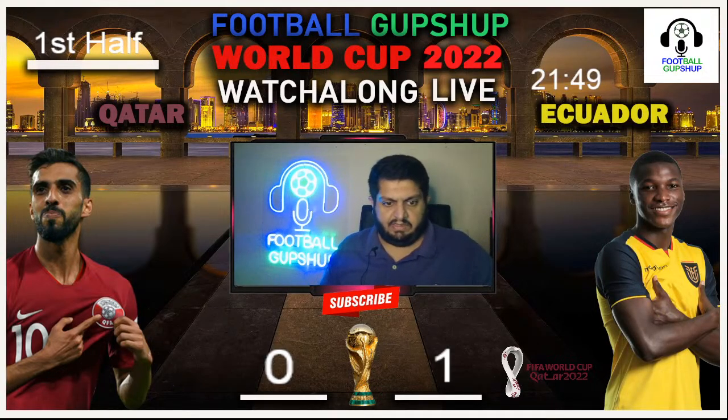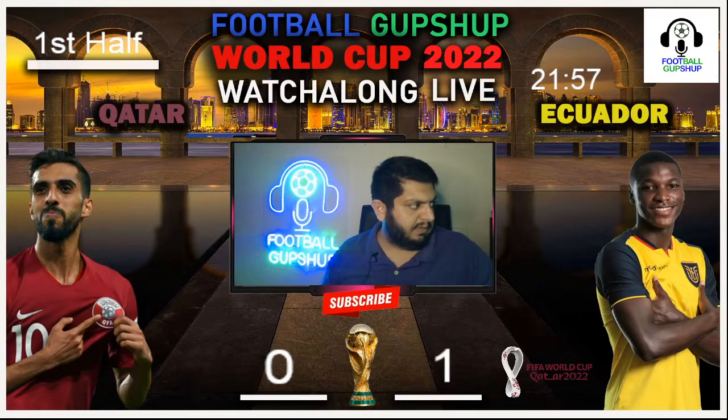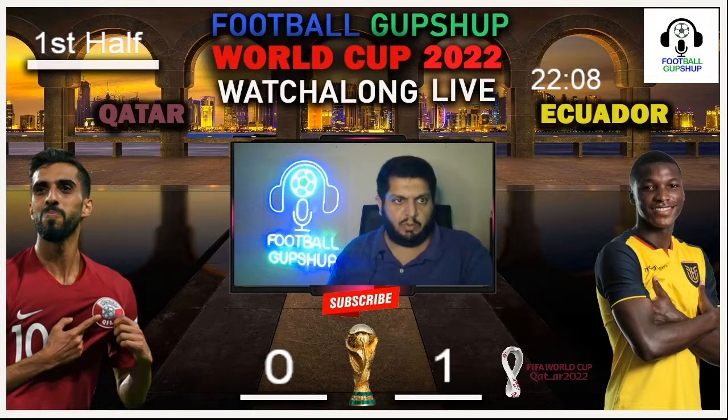So Al Muiz gets a yellow card. So that means it is going to be a yellow card for Qatar. Right now, the ball comes in once more, headed inside. And right now, you can clearly see that it is Qatar who are trying their very best to defend, trying to make sure that they do defend at this moment.